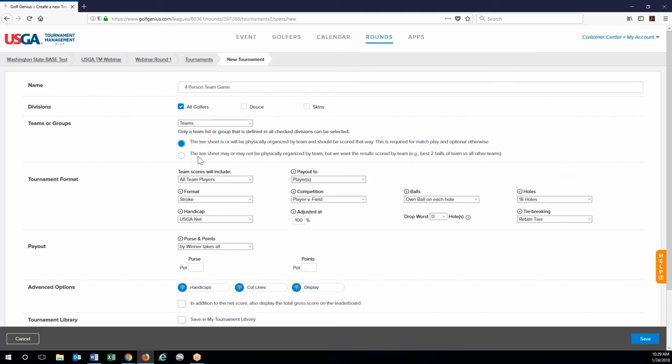Is this switch here. Is your tee sheet, or will it be physically organized by teams, or will it not be? So this is an important one to remember, because if you created teams and you didn't pair people by the teams, if you select the top one, it won't error on you, but it'll create very odd results and will look really funny. So we are going to click the bottom one,